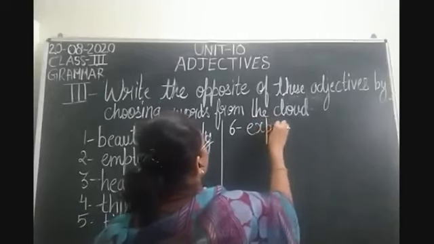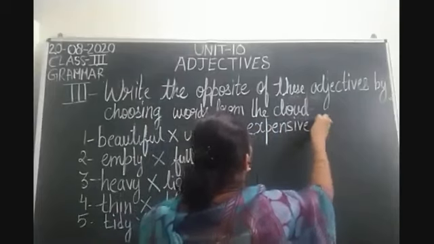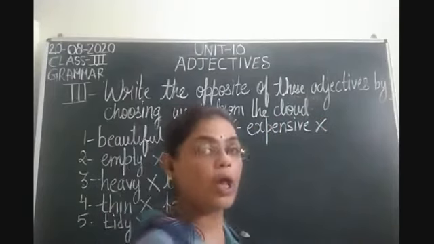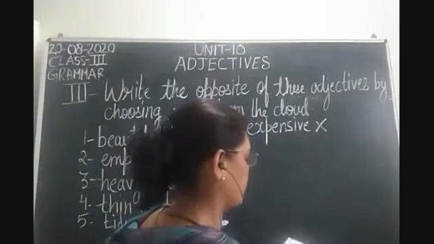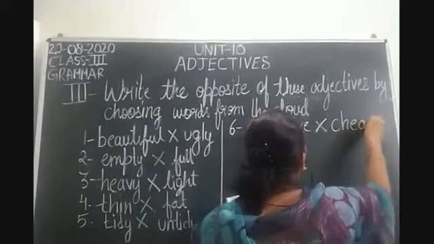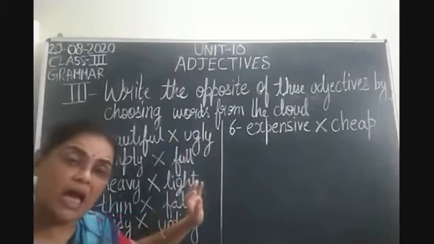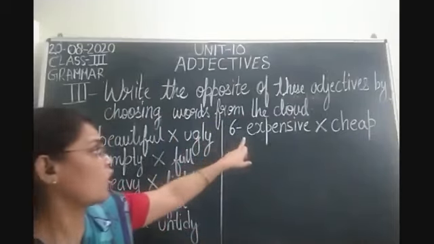Expensive का मतलब क्या होता है बेटा? कोई चीज जिसकी कॉस्ट बहुत ज्यादा हो, जो बहुत महंगा हो। तो एक्सपेंसिव का ऑपोजिट क्लाउड में से हम कौन सा वर्ड लेंगे? चीप। चीप मतलब जिसकी कॉस्ट बहुत कम, सस्ता हो जो। फाइन। एक्सपेंसिव महंगा, चीप सस्ता।